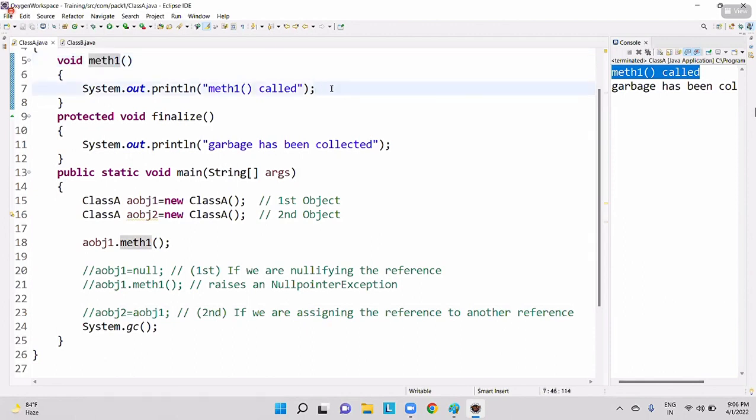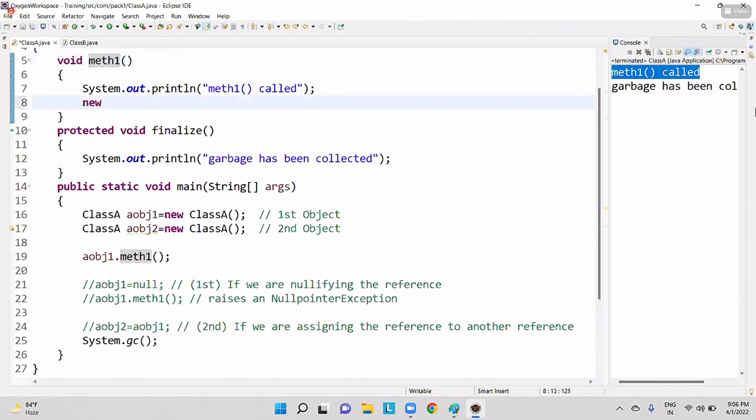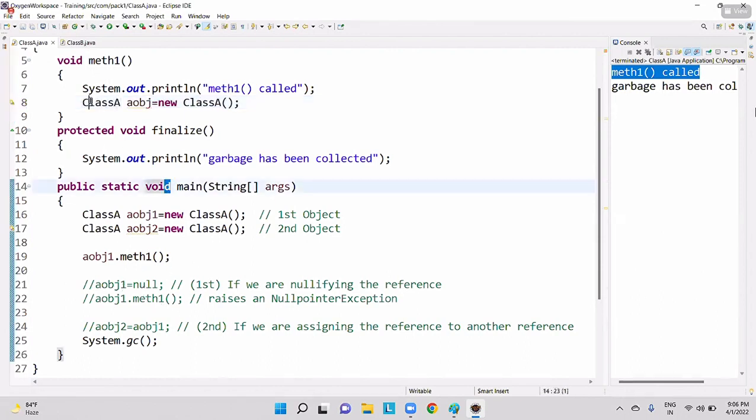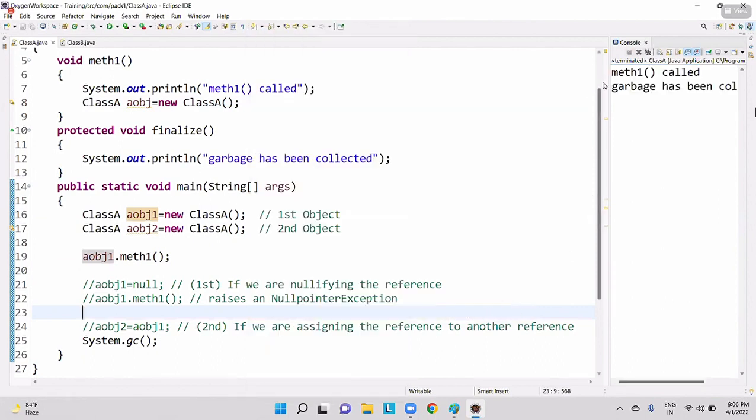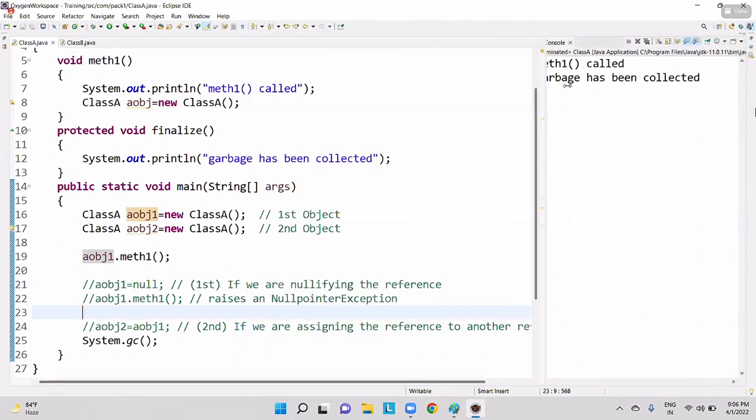I'm trying to new class A like this. And I want to give a reference also. AOBJ belongs to class A like this. Okay. Now, simply, I'm trying to call this method one here. Okay. Now, please observe, right click run as Java application and garbage has been collected.